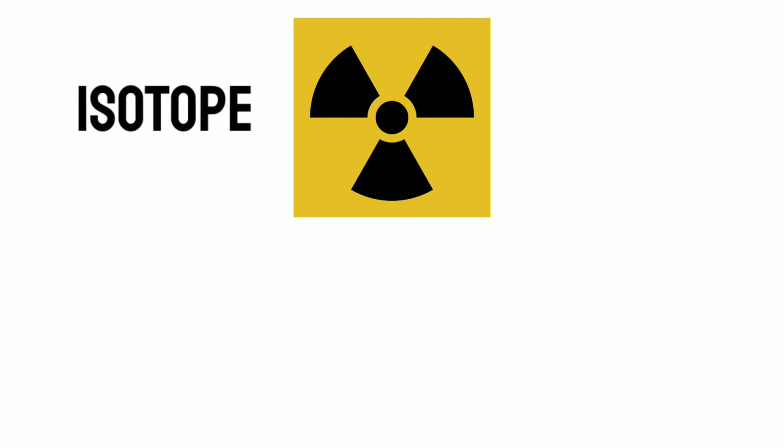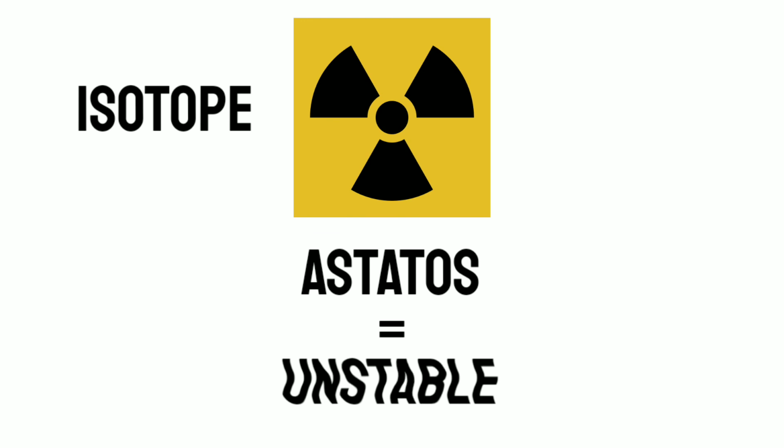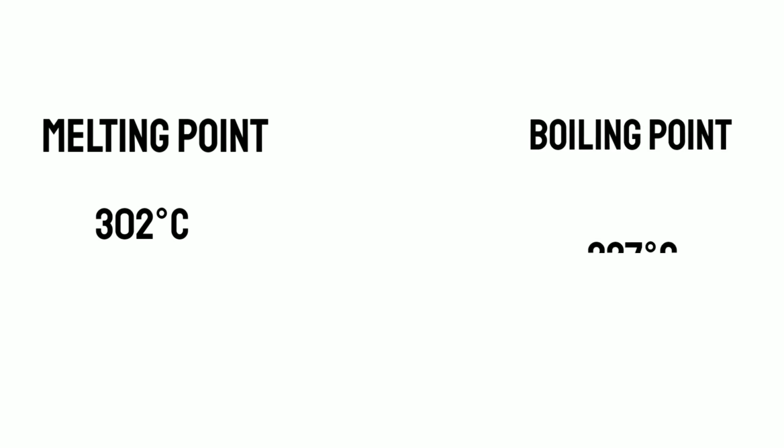The scientists found that the isotope they created was radioactive, so they named the element using the Greek astatos, meaning unstable. The melting point of astatine is 302 degrees Celsius, and its boiling point is 337 degrees Celsius, but